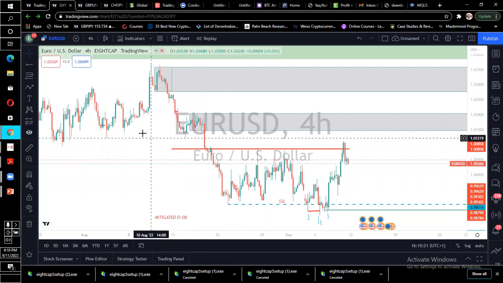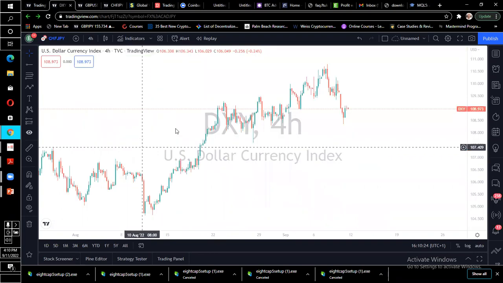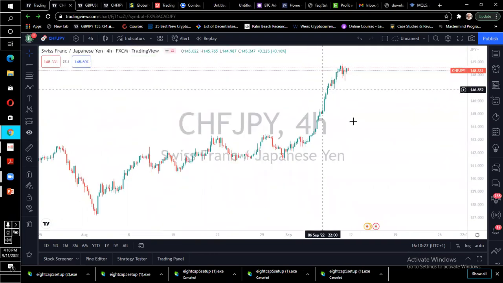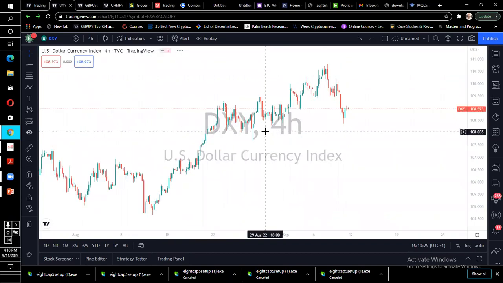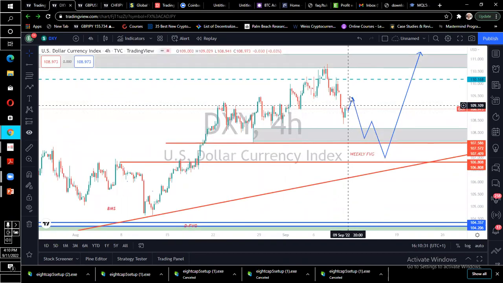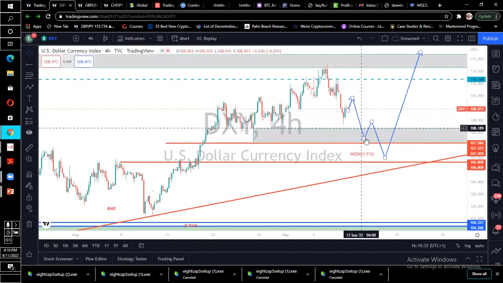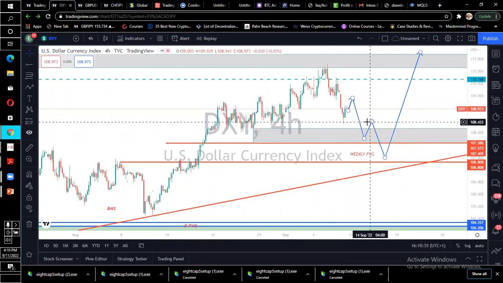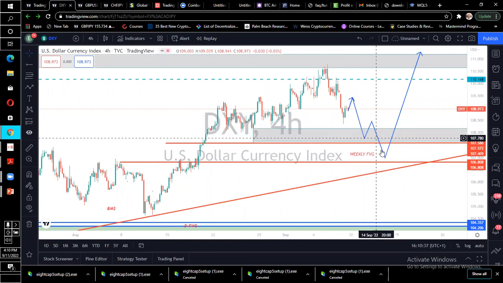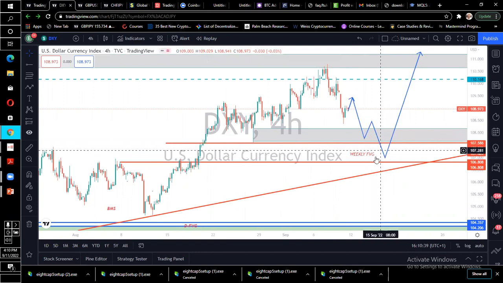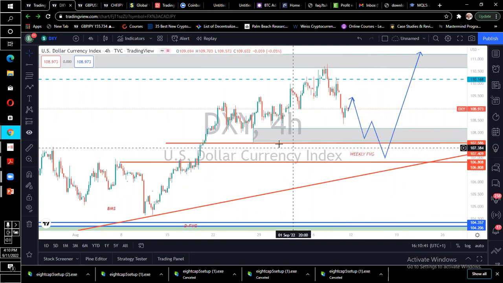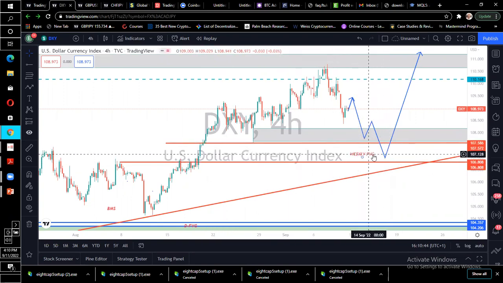And the dollar index we just analyzed, what we'll be expecting is that it has to go into this fair value gap, then pull back down to this level, trade into any FVG created, then come back into this fair value gap. Once it enters this fair value gap, which is confirmed with both the daily and weekly fair value gap,